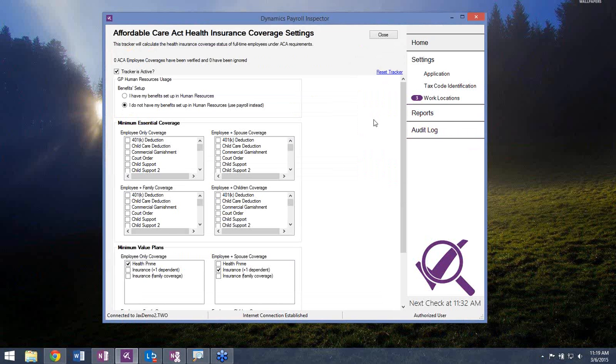So we have the ability to run this tool with or without the human resources module set up. One of the really neat things about the Payroll Inspector is that it was designed to work in an environment that was on an unsupported version of Dynamics GP for the Affordable Care Act. So we built this in mind with our users that were on GP 2010 or our users on GP 2013 or 2015 that don't